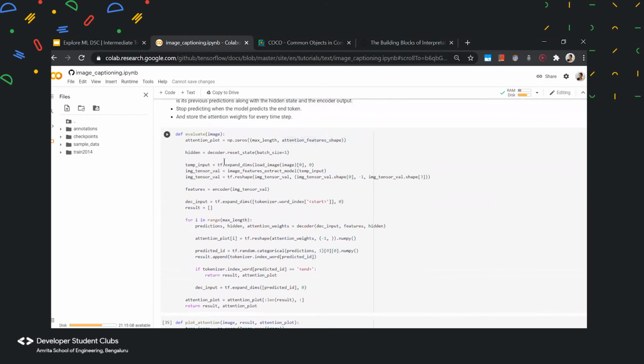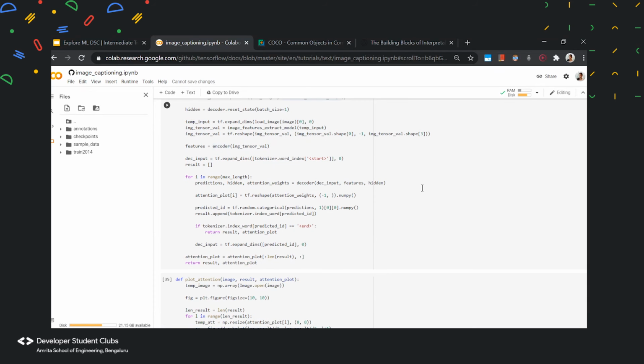First we have our encoder being called. After the initial pre-processing, we call the encoder, and after encoding our image we pass it through our decoder. Once it is through the decoder, we take our tokenizer with all our important words, and then we generate our corresponding caption, starting from the beginning, as a sequence.